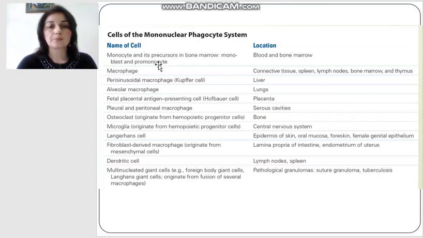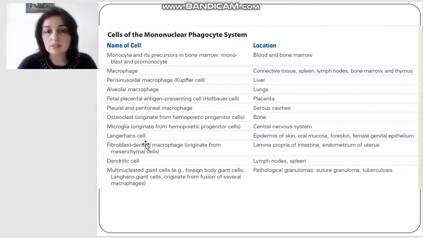All of them have phagocytosing activity. So, for example, sinusoidal macrophage, Kupffer cell in liver, alveolar macrophage in lungs, then fetal placental antigen presenting cells, Hofbauer cells in placenta, then pleural or peritoneal macrophages in serous cavities, osteoclasts in bone,